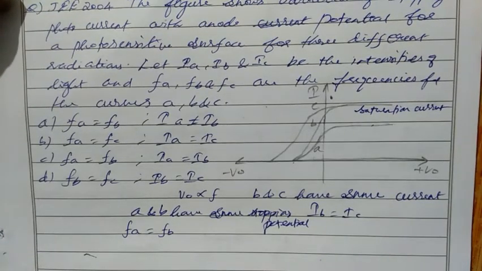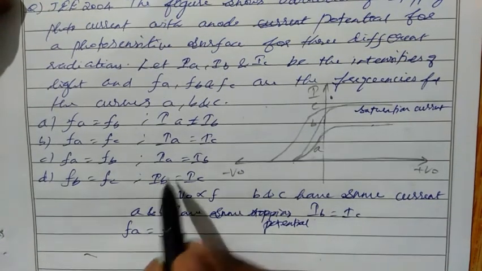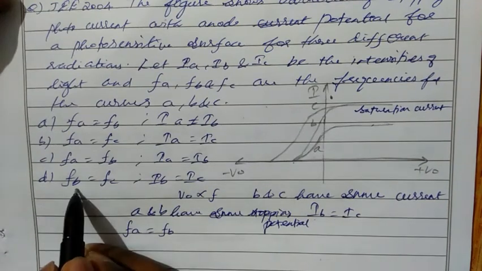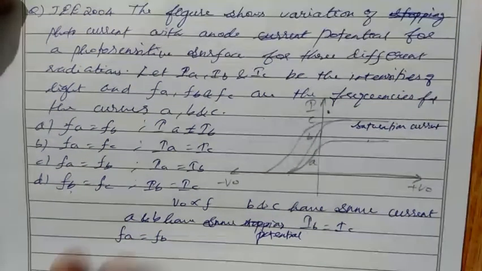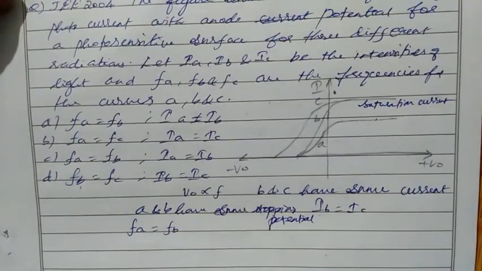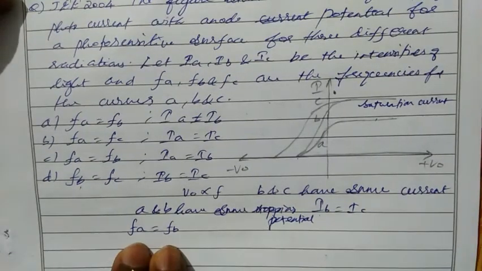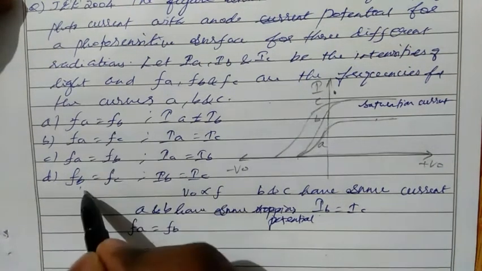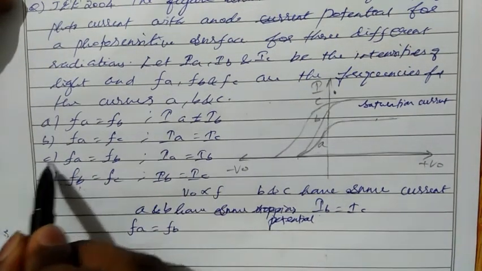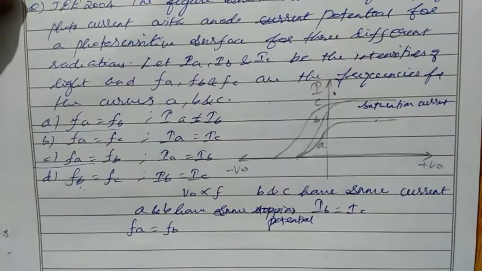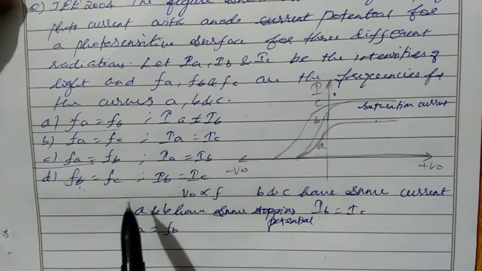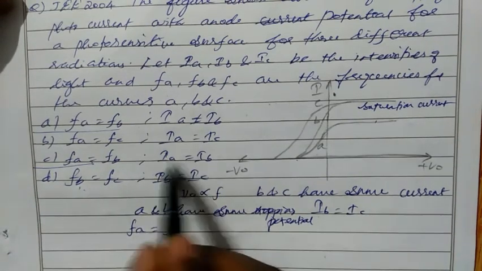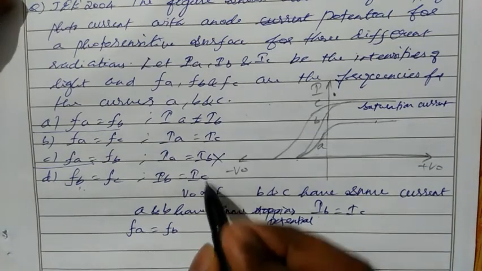Now check with the conditions. If I take IB equal to IC, if I take this option, then here you see FB equal to FC, but FB is not equal to FC, FA equal to FB. So you have to check with the conditions. Okay, so then go with FA equal to FB. Here we have FA equal to FB and FA equal to FB here. So among these two, which one is correct? See option C, FA equal to FB, correct. But IA equal to IB, here IB equal to IC. So IA equal to IB is not correct. And this option also is not correct.